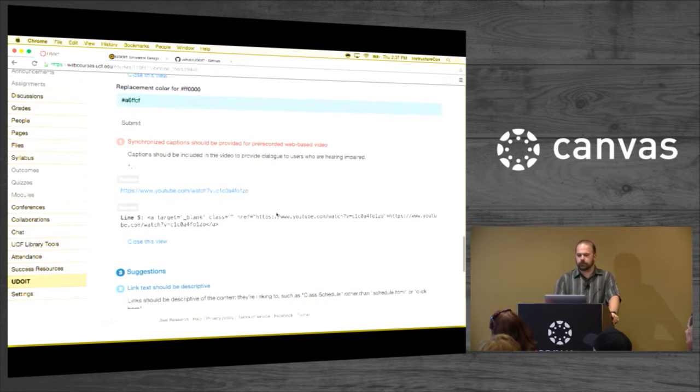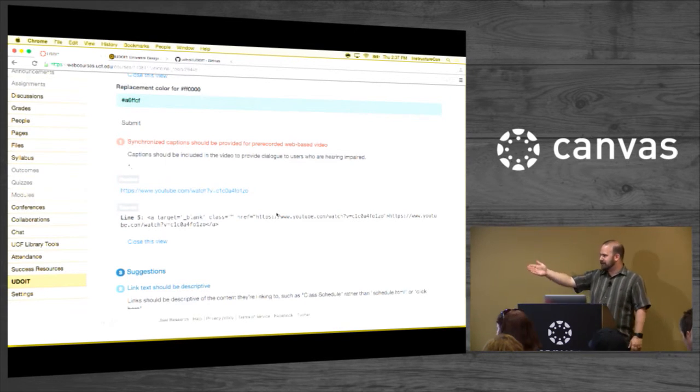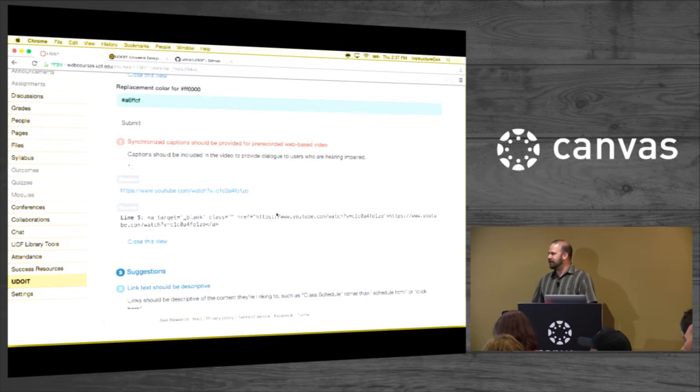And we're also using the YouTube API to check YouTube videos to see if they have real captions. I don't know if you know this, but John Rabel, one of our instructional designers and also part-time programmer, figured this out and wrote the code for it. And we just had to make some slight modifications to get it to fit into UDoIT.